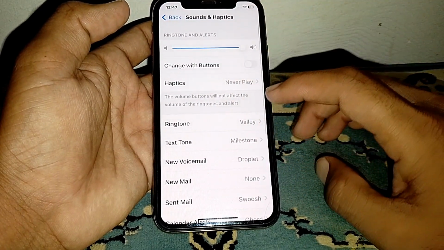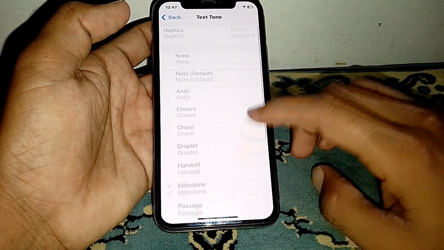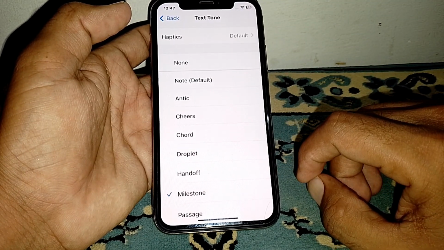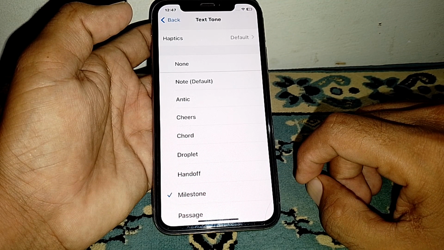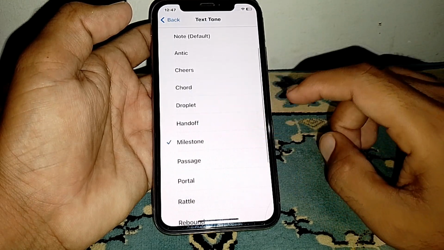So let me show you here guys. Now I'm going to Text Tone. So you can see here guys, it's not showing for me. So let me tell you that if you have updated your device to iOS 17.0, then this option disappears